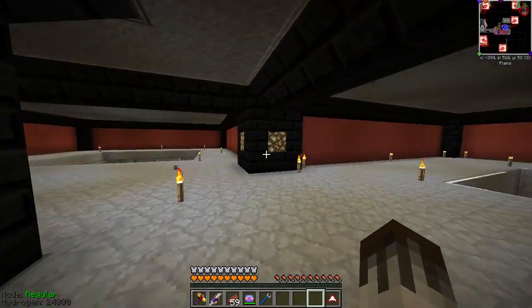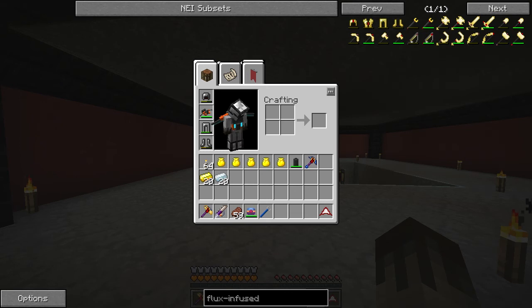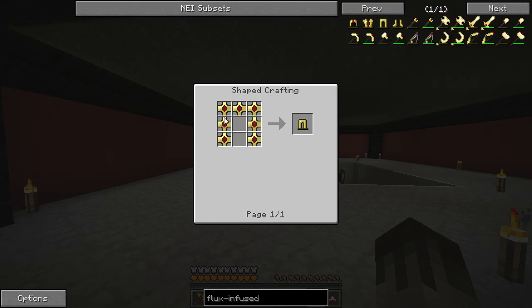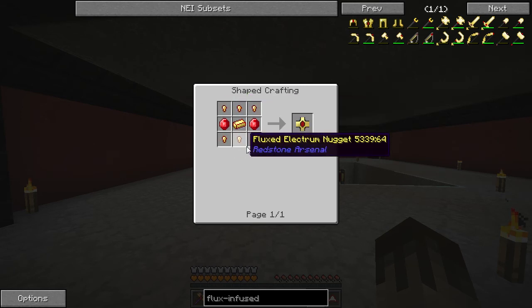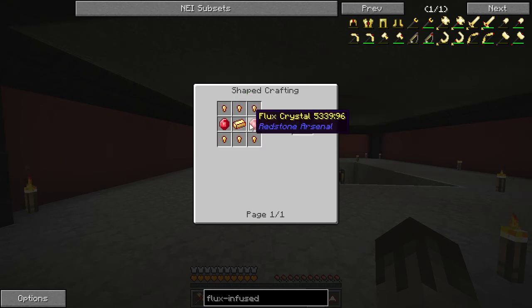I did a basic little bit of math. Hopefully it's all correct. But basically, in order to make this, as I've previously said, we need to have 24 fluxed armor plating, so 24 of these guys. Now each one of these is made up of 6 fluxed electrum nuggets, 1 fluxed electrum ingot, and 2 flux crystals. Now, a flux crystal is 1 diamond plus 200 destabilized redstone. Fluxed electrum ingot is